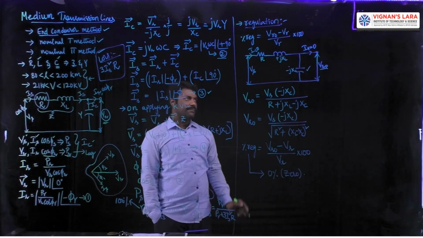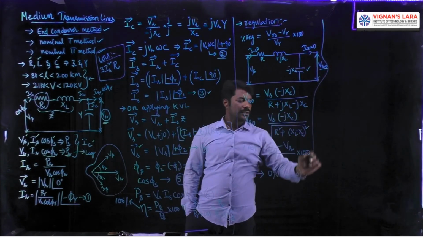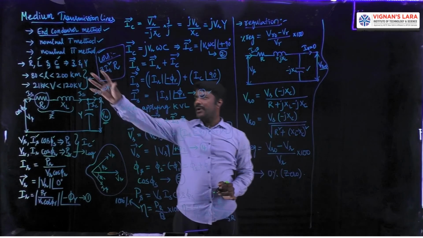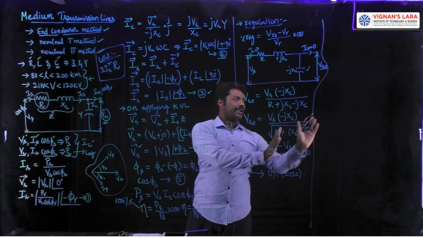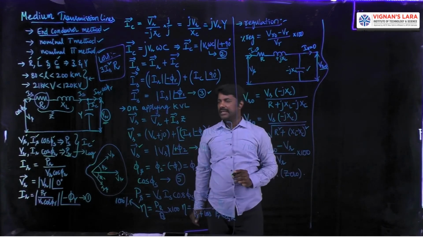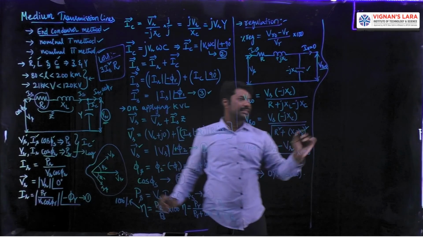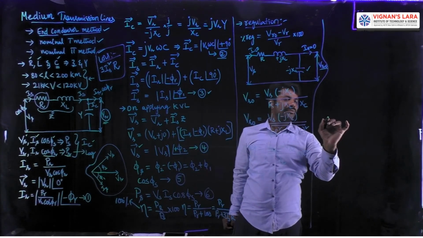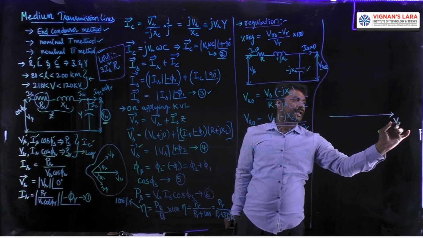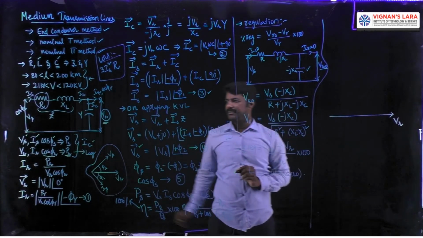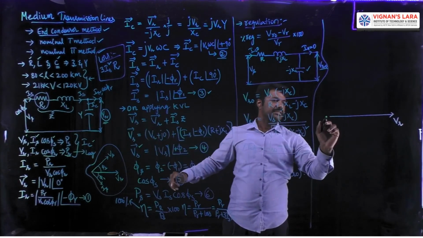And the last step, we want to draw the phasor diagram. The mathematical sequence whatever I have implemented in the analysis, the same thing is implemented here in the diagram. If you see this circuit, I took this VR as reference. That is why here I am drawing the VR to be as reference. Listen carefully how to draw the phasor diagram. So this is VR, which is taken as a reference.